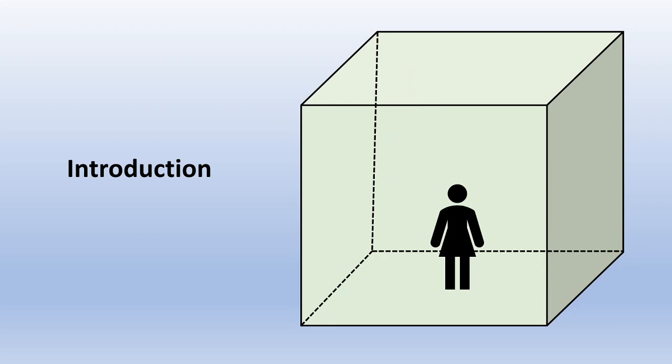Next we will see how many faces a cube has. So there are 6 faces: 1, 2, 3, 4, 5 or 6. So there are 6 faces and 8 corners. Faces we can see easily in a room. So there is a floor, a roof and 4 walls. So there are 6 faces in a cube.